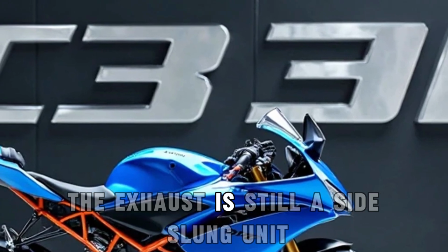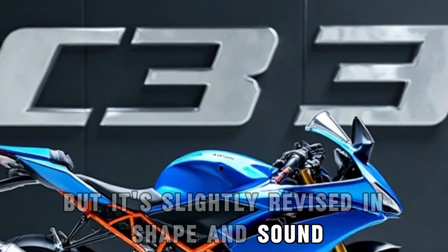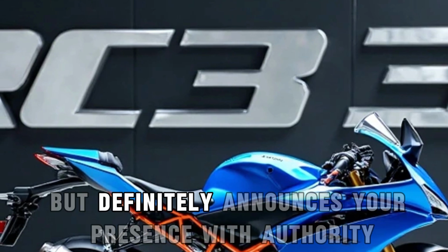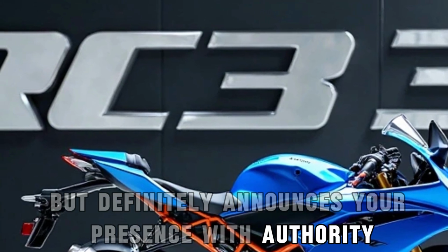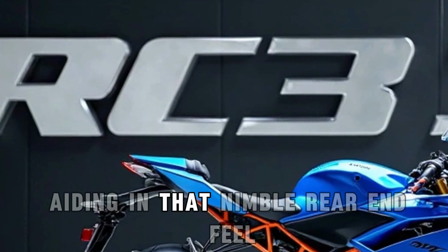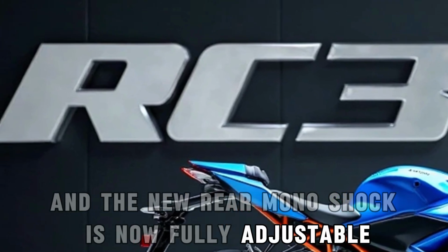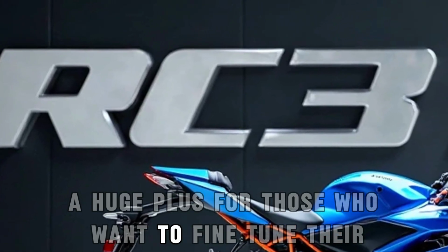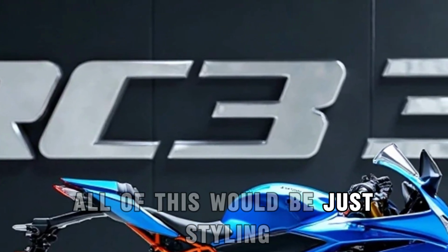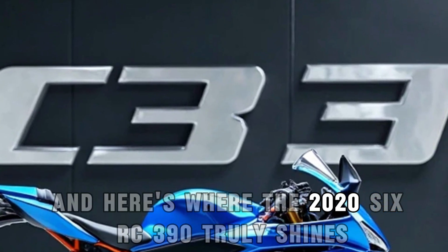The exhaust is still a side-slung unit, but it's slightly revised in shape and sound. It now delivers a throatier note that doesn't sound too loud but definitely announces your presence with authority. The swing arm remains the same cast aluminium unit, aiding in that nimble rear-end feel, and the new rear monoshock is now fully adjustable, a huge plus for those who want to fine-tune their ride quality. But of course, all of this would be just styling if the bike didn't perform, and here's where the 2026